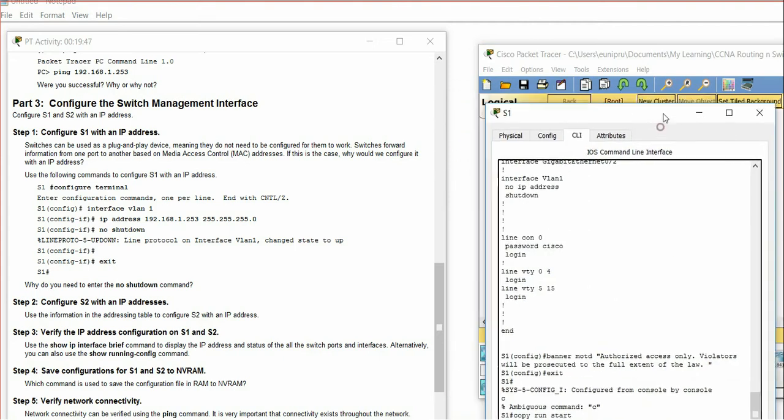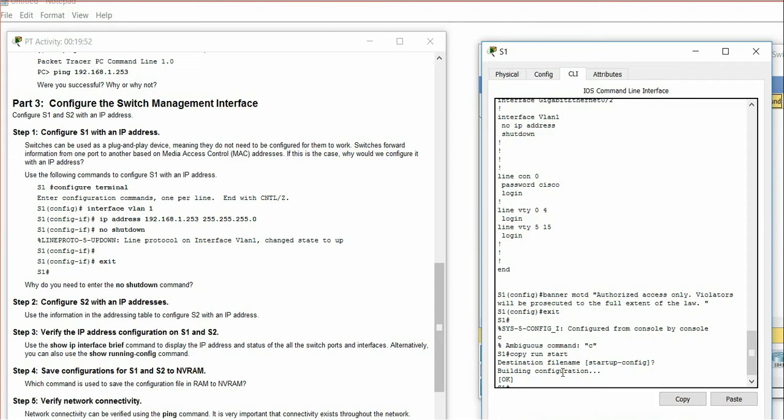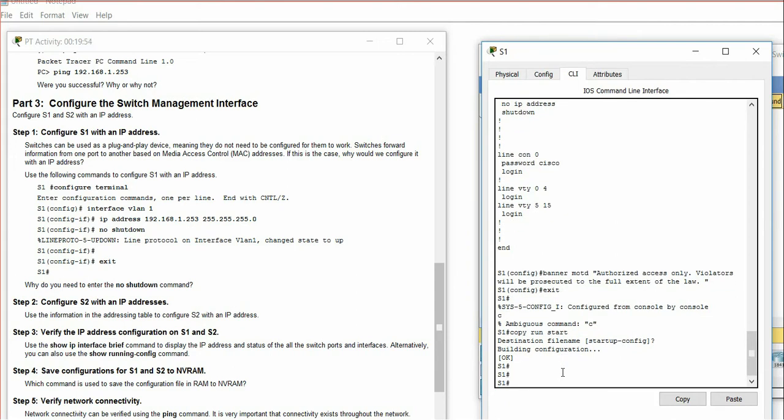We're going to get back to the command line. Press enter. Alright, so switches can be used as plug-and-play devices, meaning they do not need to be configured for them to work. Switches forward information from one port to another based on media access control addresses, those are MAC addresses. If this is the case, why would we configure it with an IP address? Well, if it needs to communicate from one device that's connected to one switch to another device connected on another switch, we will need to have IP addressing in place so that the devices will know how to reach